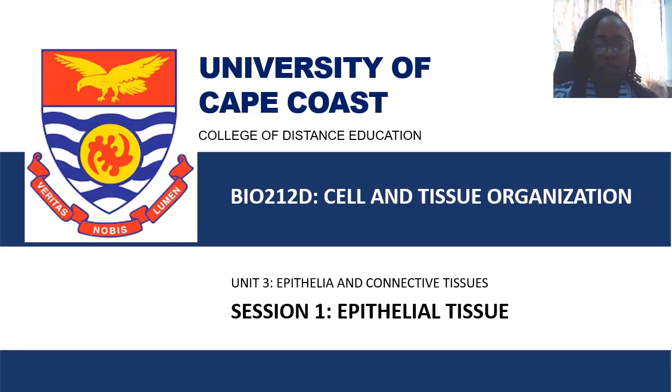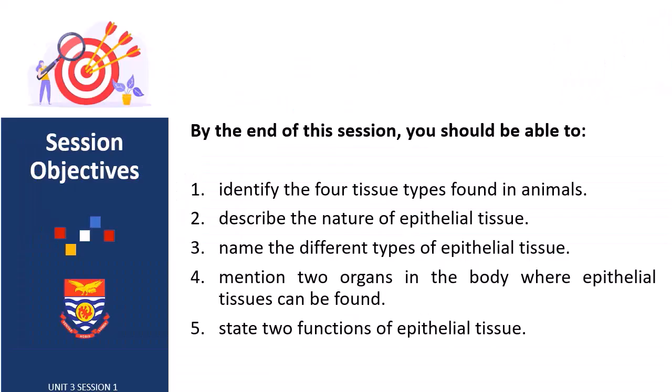Stay with me. So under Unit 3, Section 1 of this course, we'll be looking at epithelial tissues. And so to start with, at the end of this session, you should be able to identify the 4 tissue types found in animals and describe the nature of epithelial tissues, and also name different types of epithelial tissues, and also mention 2 organs in the body where epithelial tissues can be found, and also state at least 2 functions